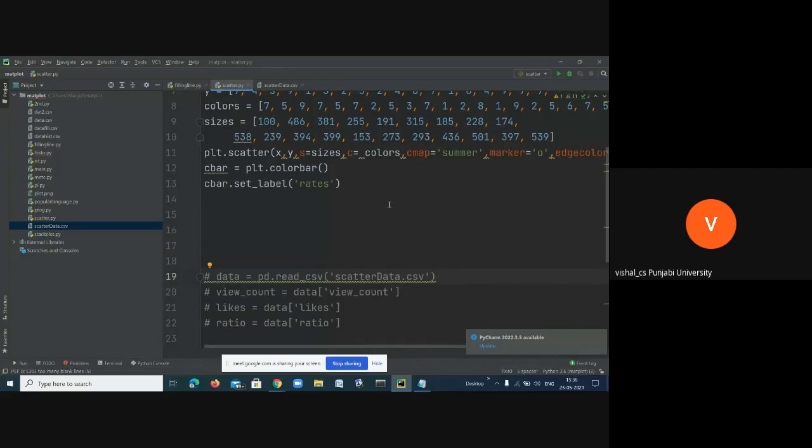I have already shown you how to create the CSV file within the folder. So you go and paste the content there only. And after that, we'll see how to do it with the real data: this plotting, scatter plotting.